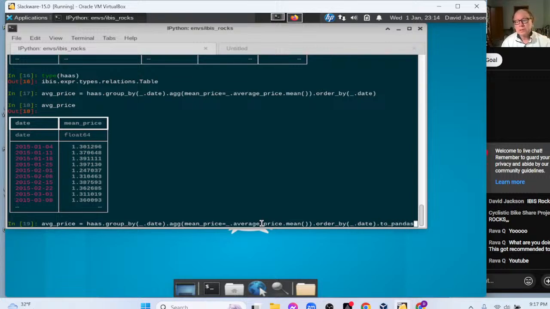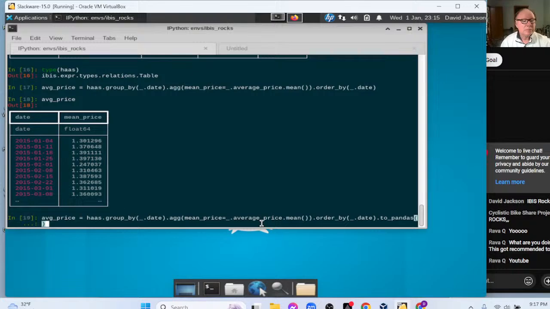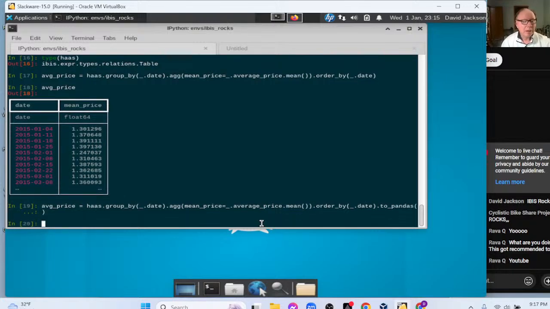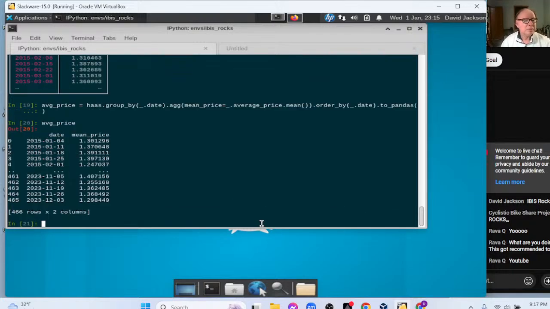So there's our mean price table, but now we have to come back over here and run it again. Okay, so we look at this again. Now it looks like a pandas data frame.